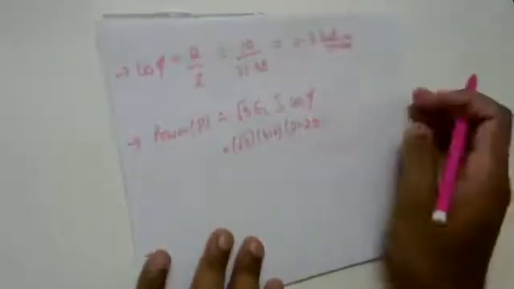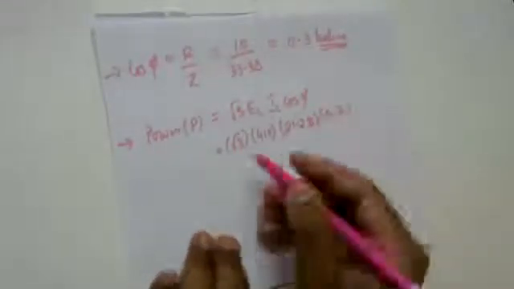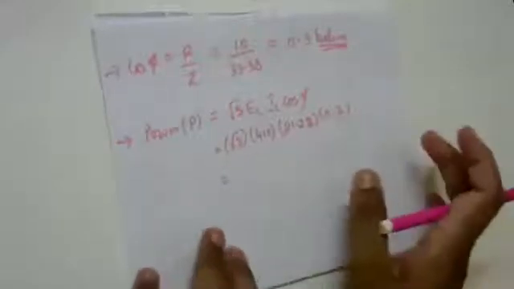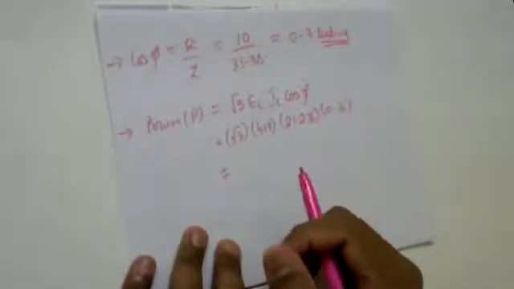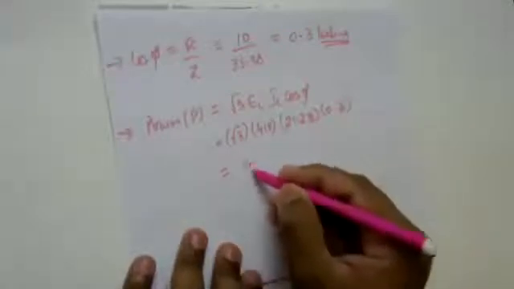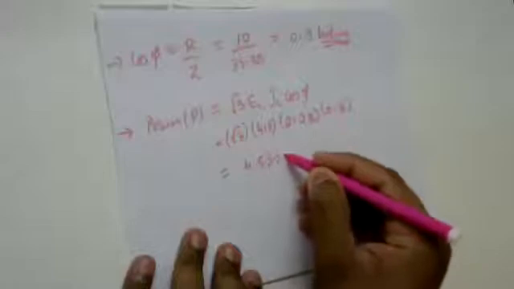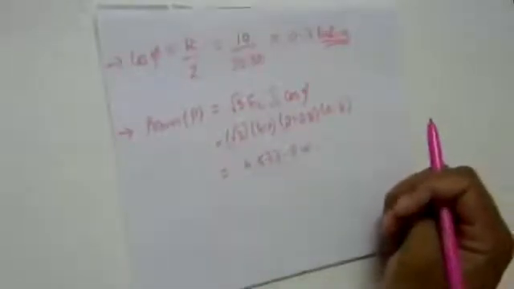21.27 or 28, whatever people are able to compute. What's the value of IL? 21.28 amps. That's not a problem. 21.28 amps into the power factor 0.3. So what's the value of P now? It stands to be 4,533 watts. Okay, not a problem. So you are getting 4,533.5 watts. Okay, understanding?